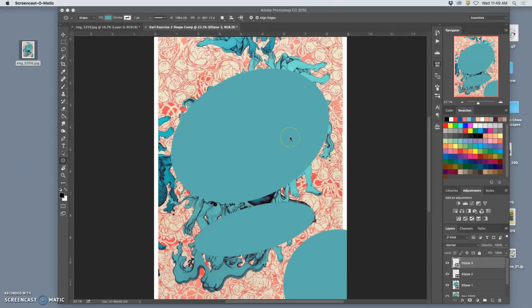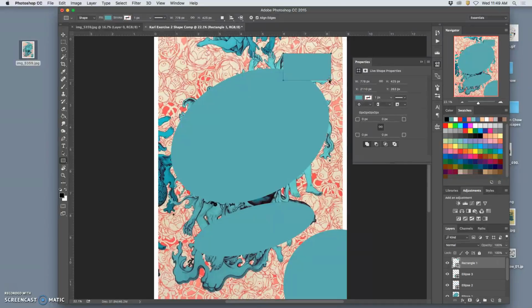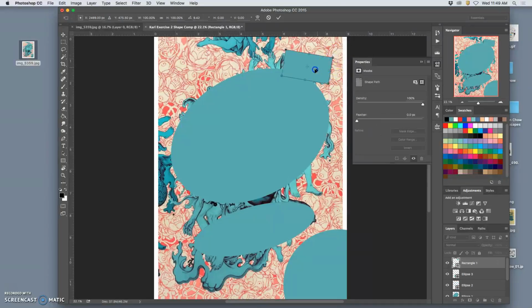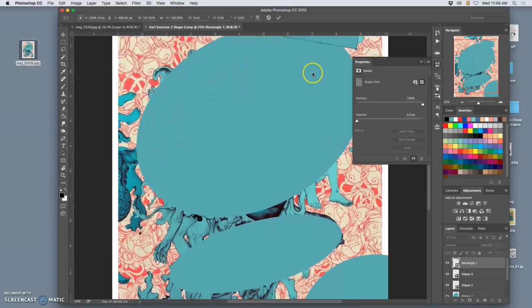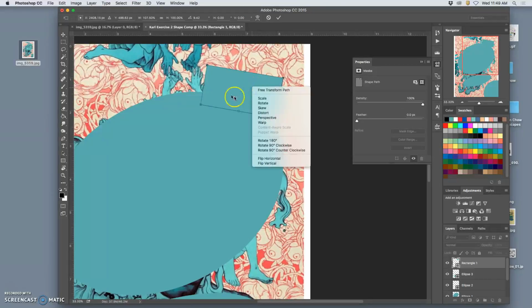All right, so I've got these shapes in here, and as I keep blocking them in, it's covering up what I want, and so I can keep building shapes, some of them hard-edged, some of them rounded, and use Command T, kind of stretch them. But then every once in a while, I'm going to need to manipulate that shape more than just rotating and just stretching. So that's when I'll right-click inside the transform box, and I'll get some other options that are really